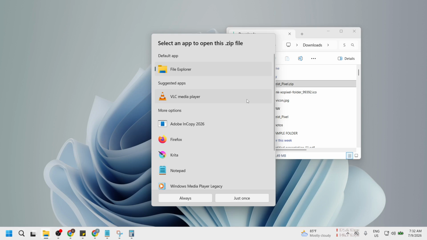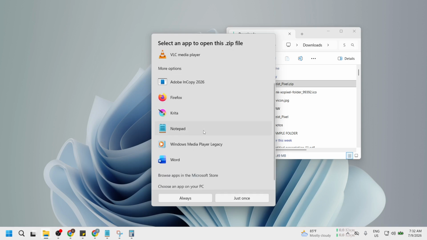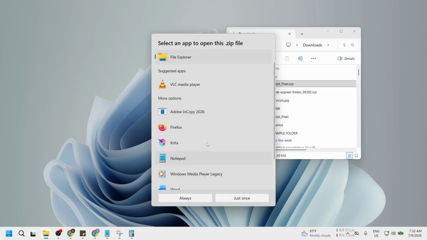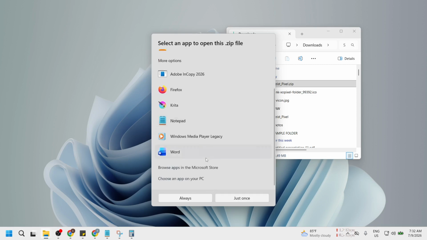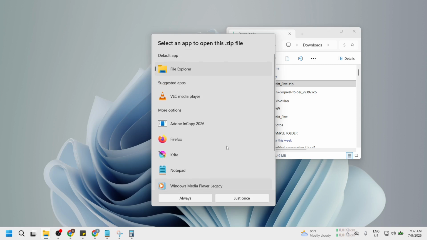Now you will see a list of applications available to open your file. Take your time to browse through the list and select your preferred application. This could be a program like Notepad for text files or your favorite image viewer for pictures. If you do not see your desired application, you might need to check the box that says More Apps to expand the list further. Selecting the right application matters because it directly affects how you interact with your files. Choosing an application that you are comfortable with can significantly improve your productivity.